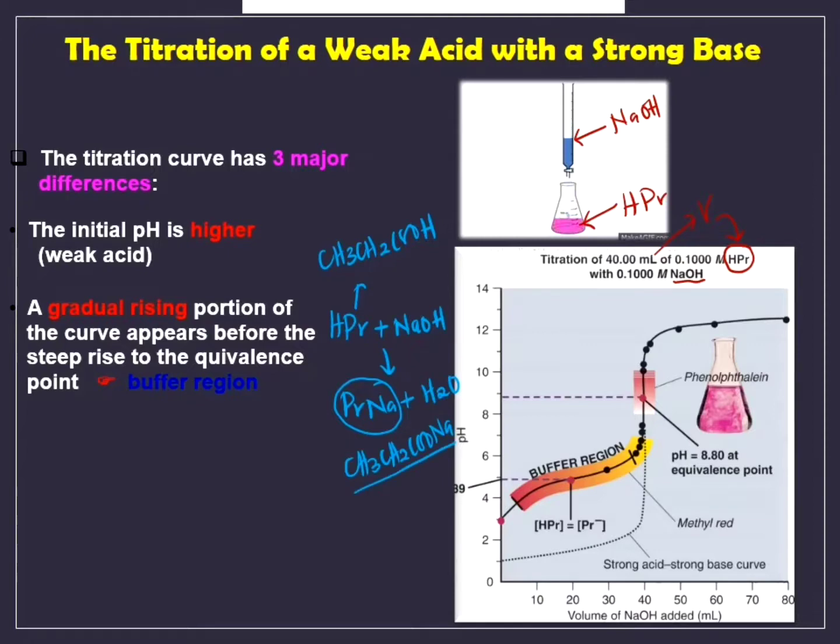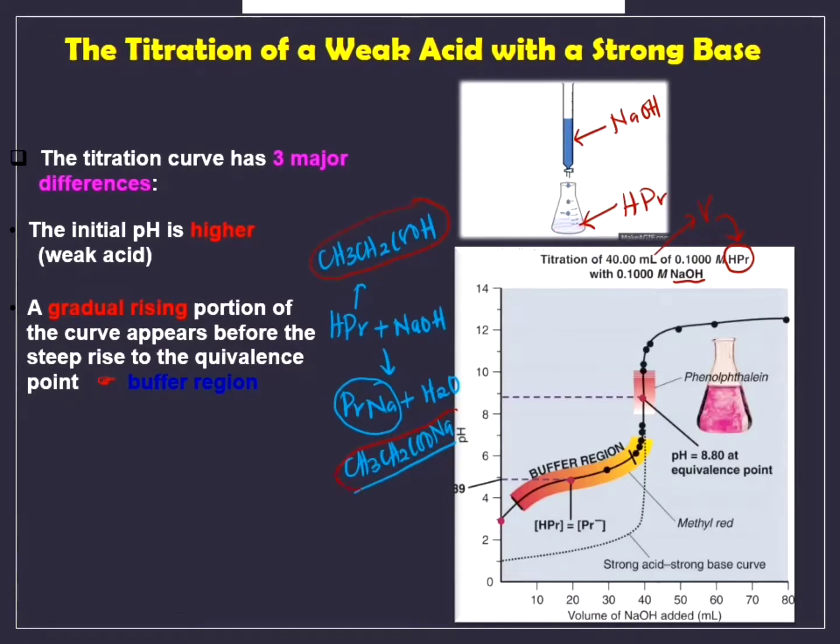So you akan dapat, okay, bila you start adding base in the conical flask, okay, so apa orang kata, salt and water akan terhasil. Betul? Saya ulang. Bila you add sodium hydroxide in the conical flask, so salt and water akan terhasil. Okay, katalah you letak 2-3 drop pun salt akan terhasil. So bila terhasilnya salt dekat sini, cuba awak tengok, ini weak acid class. So weak acid, okay,